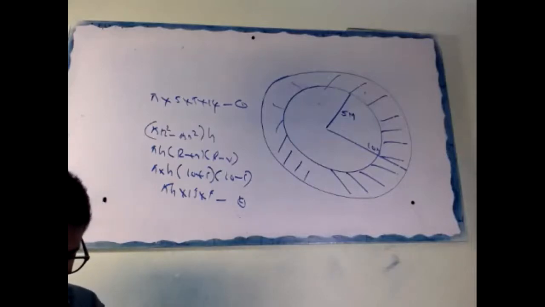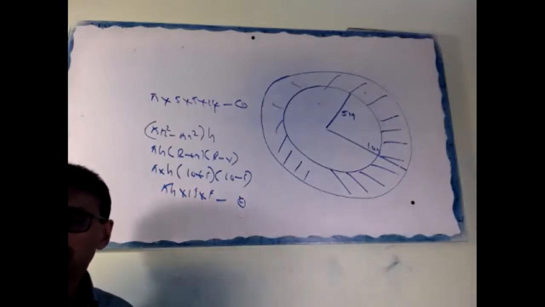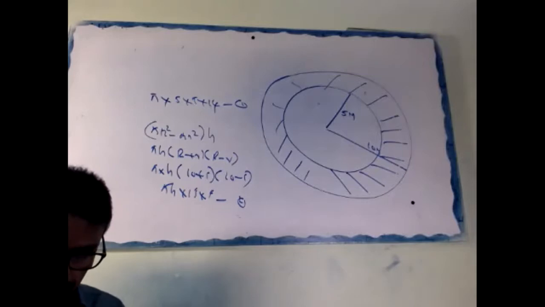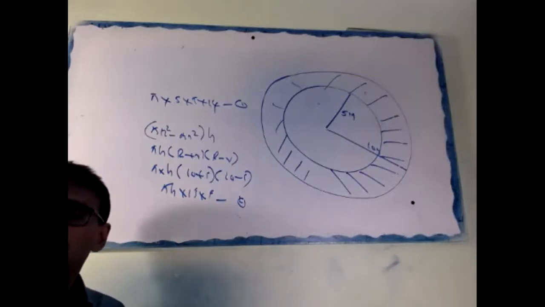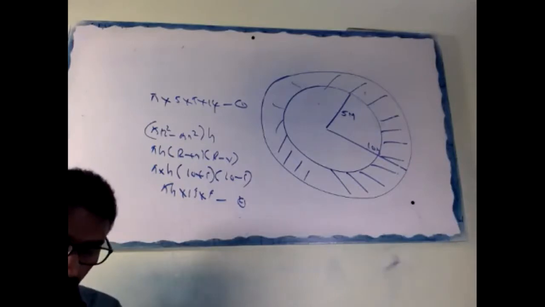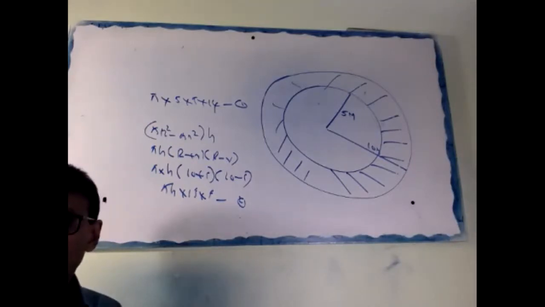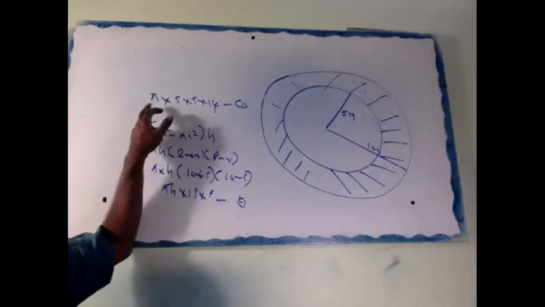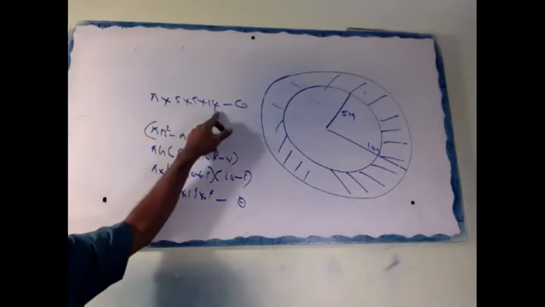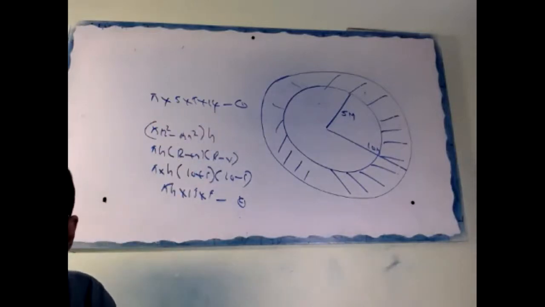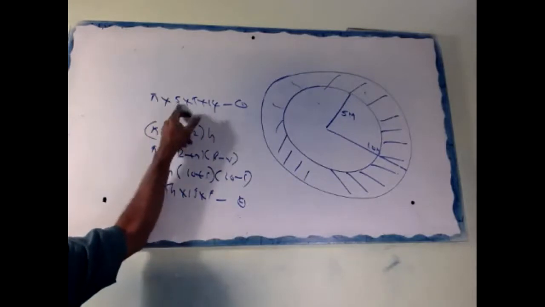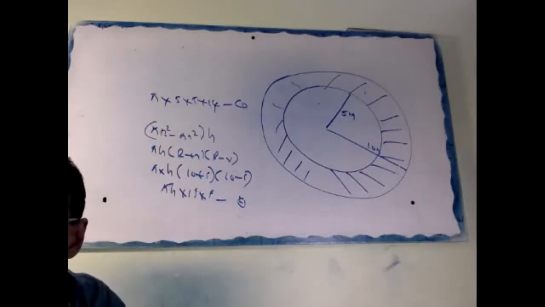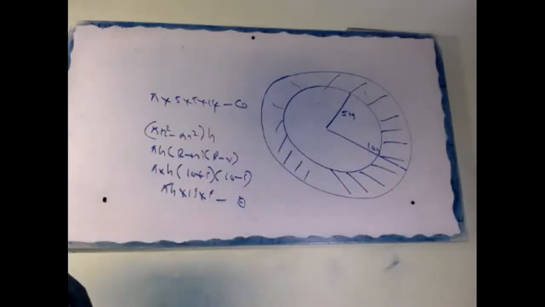First you write: volume of the earth dug out equals volume of earth on the embankment. Next line. Volume of earth dug out equals pi into 5 into 5 into h, because the well looks like a cylinder. Pi r square h. Pi into 5 into 5 into 40. Don't substitute the pi value. It's a waste of time. Okay. Keep it there.